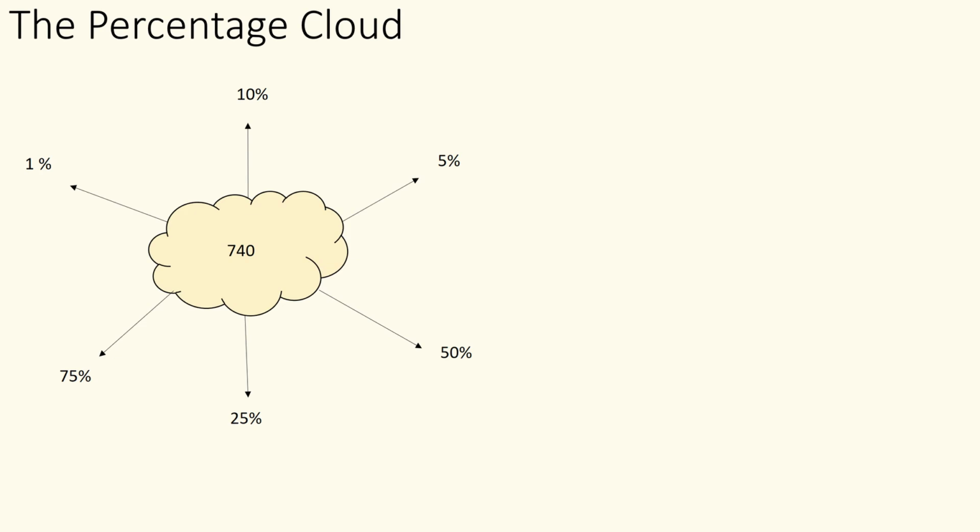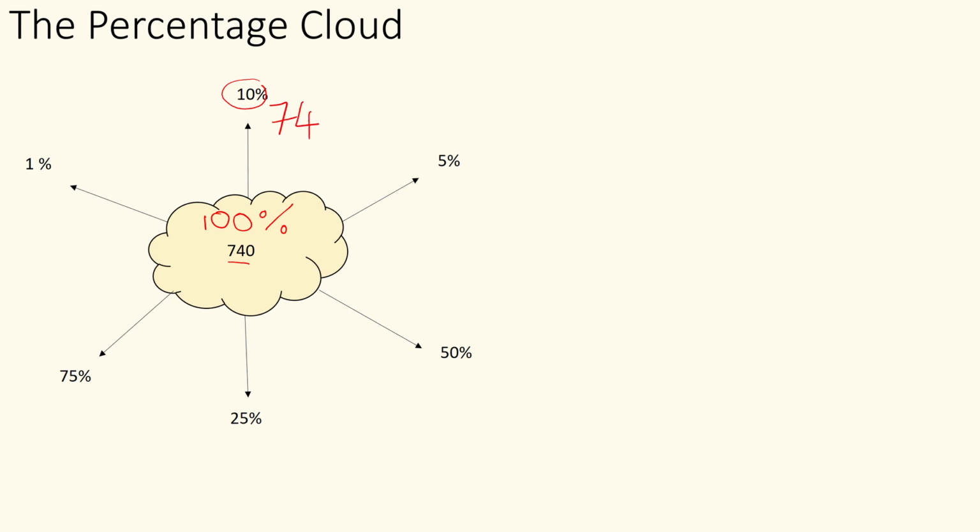Now actually putting the percentages together, here is an example of a percentage cloud, which we've done in class before. As long as we can find all of these percentages, 10, 5, 50, 25, 75 for level 1, and then the additional 1% for level 2, we can make up any percentage. So let's go for it. This 740 equals 100%. So we want to find 10% first of 740. Well, before we just divided by 10, so that will give us